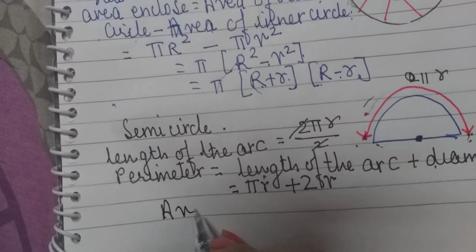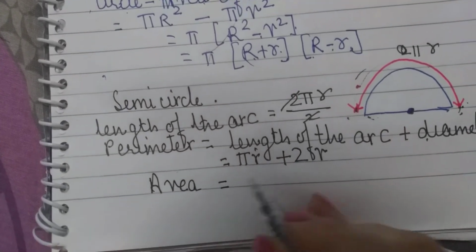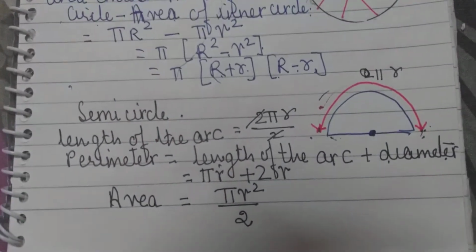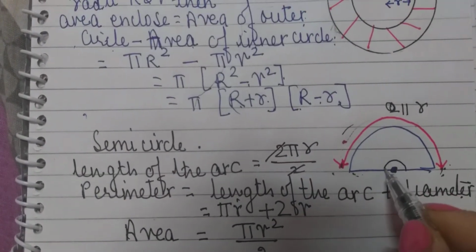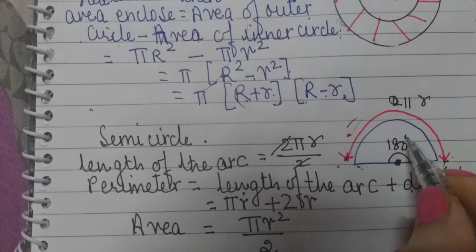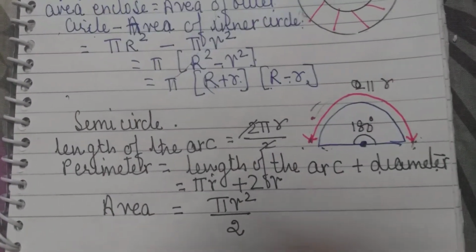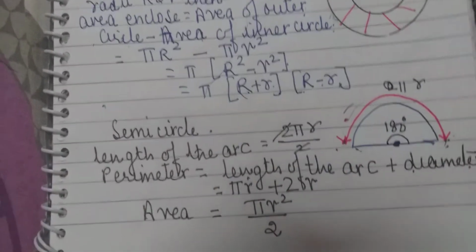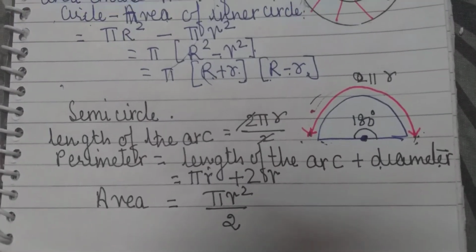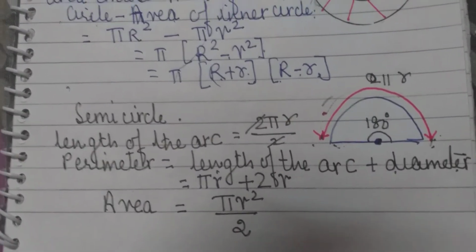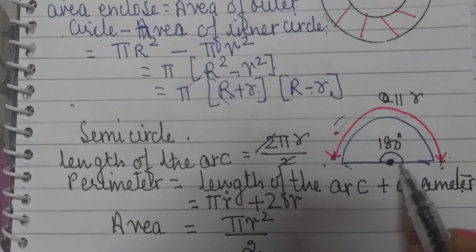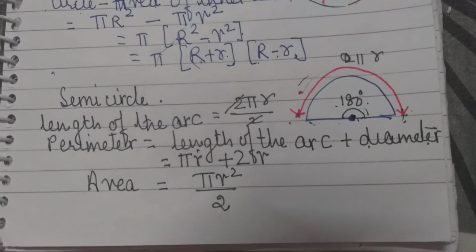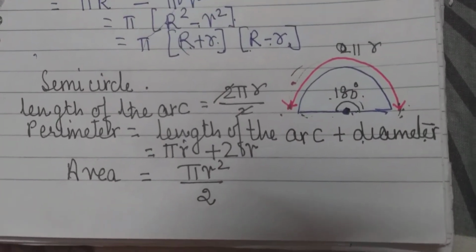Now what is the area of a semicircle? It is pi r square upon 2, half of a circle. And as you know why it is half of a circle, the circle makes 360 degree, and semicircle 180 degree. So 180 upon 360, that means it is 1 upon 2. Is it clear to you? Here, simply, you know an angle about a point is 360. And the angle of a straight line is 180 degree. I think semicircle is also clear.